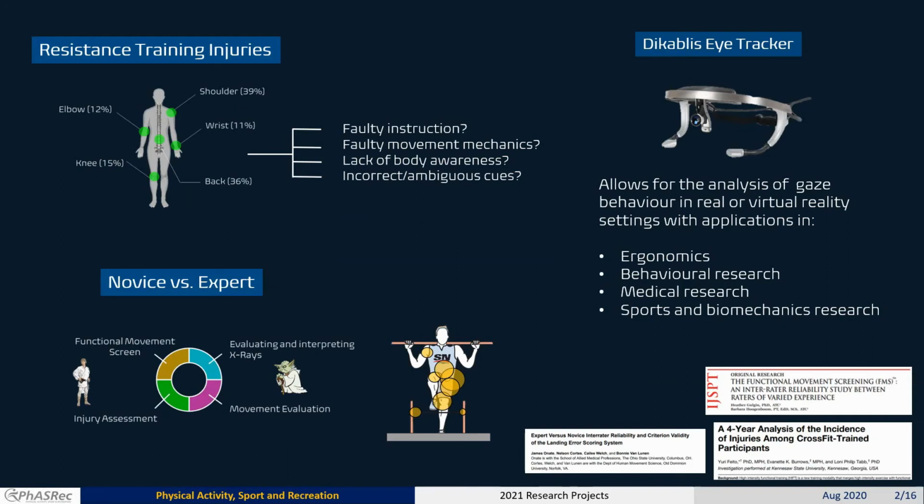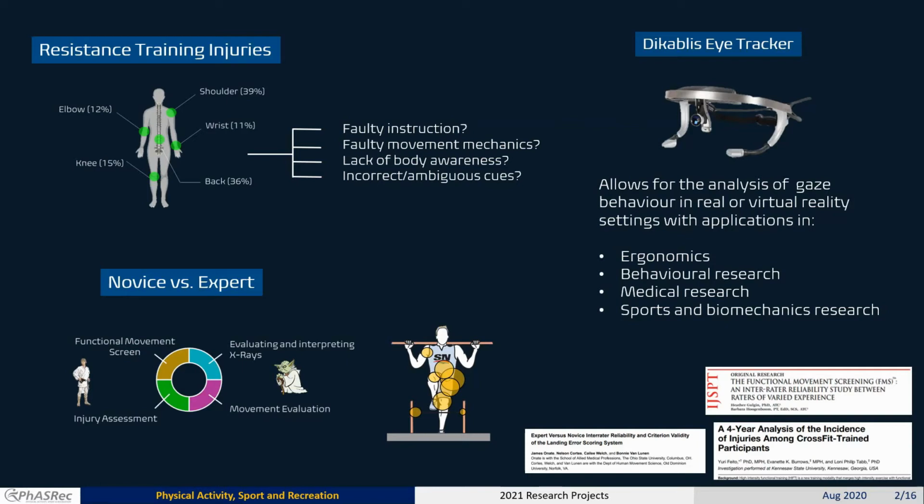Just to give a brief overview, in different contexts such as resistance training, injuries can be multifactorial. They might be due to faulty instruction, faulty movement mechanics, lack of body awareness, or incorrect or ambiguous cues. So if you have an expert or a clinician demonstrating a particular exercise, whether it is for rehabilitation or for performance, the question is, what does the athlete or the client particularly focus on? Where's their visual gaze directed in order to pick up the necessary visual cues to more accurately mimic the exercise